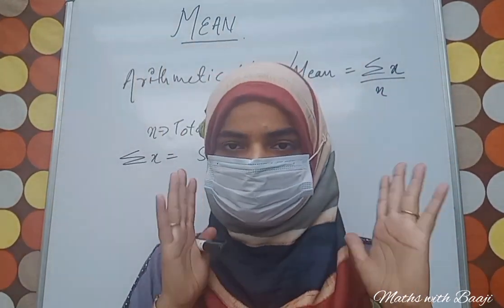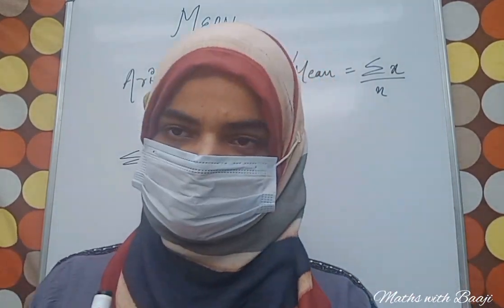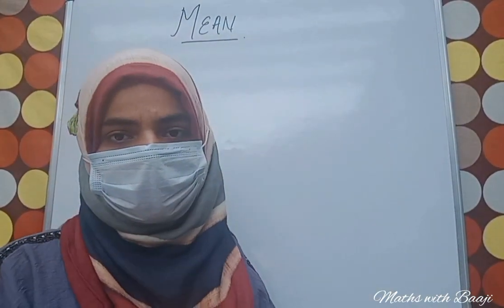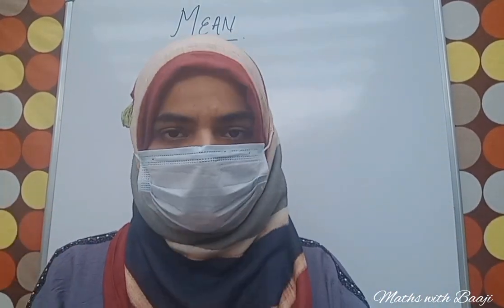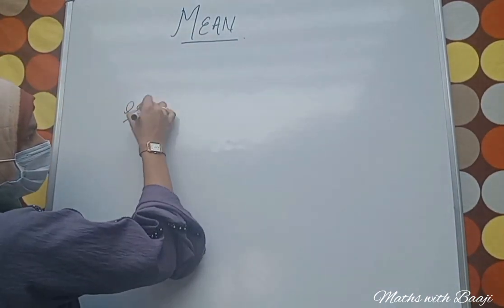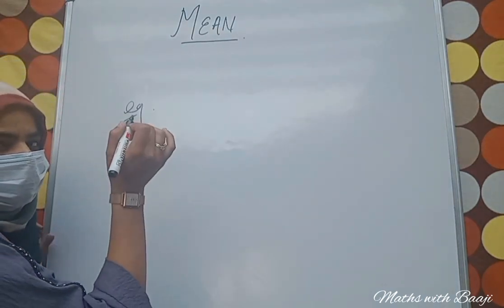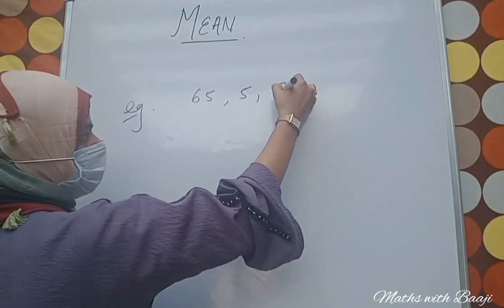So we will do a question based on that, so that you can get a very clear idea. Let me give you a very simple example. As I told you, mean means a sort of average of all the numbers available. See how we will do it. Suppose I am giving you a very simple example. For example, there are some quantities available like 65, 5,